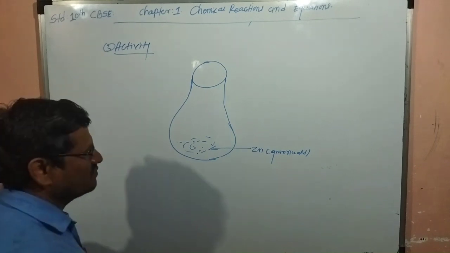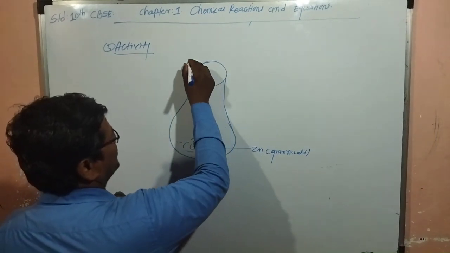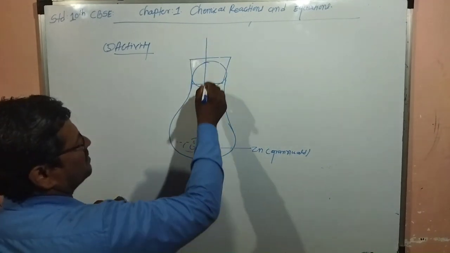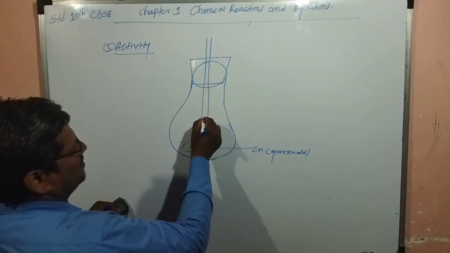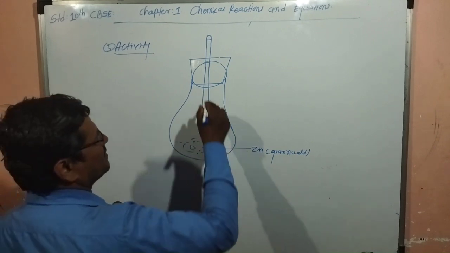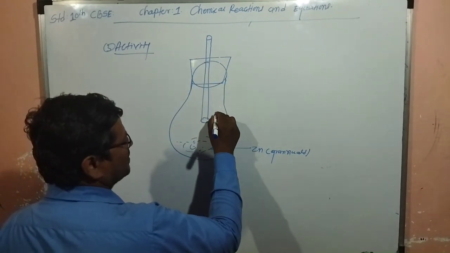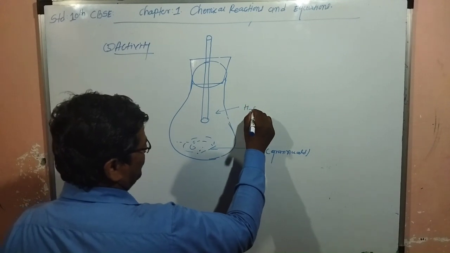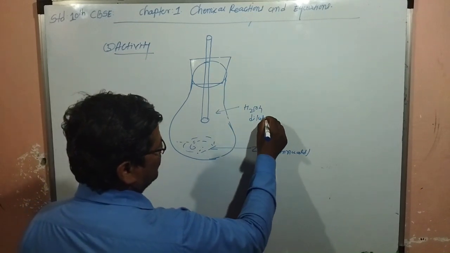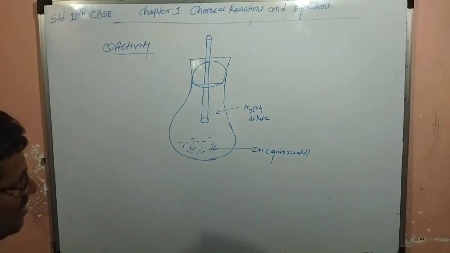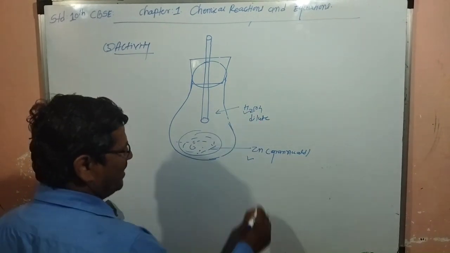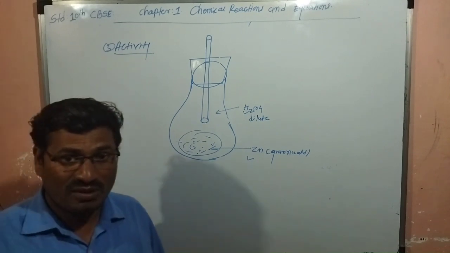Zinc pieces you can say. After that you have to fix one rubber cork here, and this one tube you have to add here, and in this you will add H2SO4 solution, and it will be dilute H2SO4 solution. Then what will happen? A chemical reaction will take place between H2SO4 and Zn, zinc, and here evolution of hydrogen gas